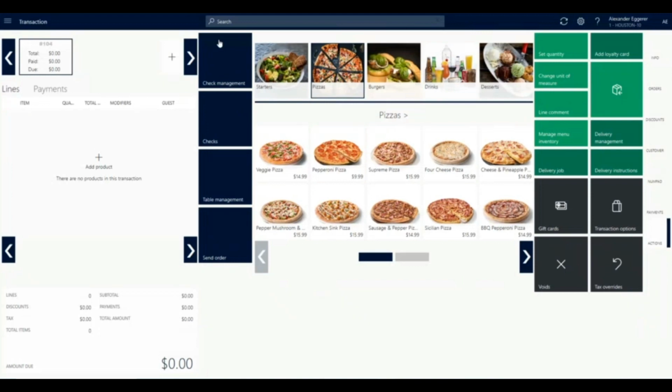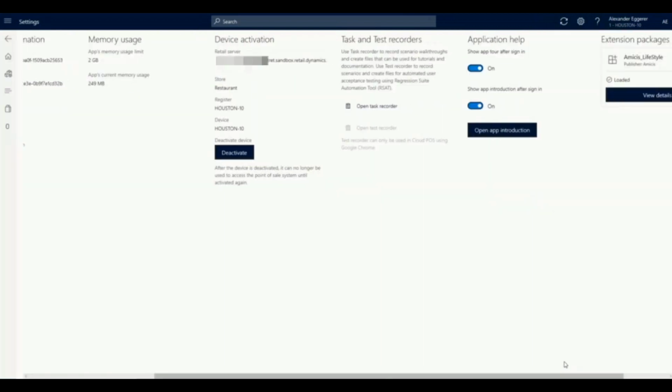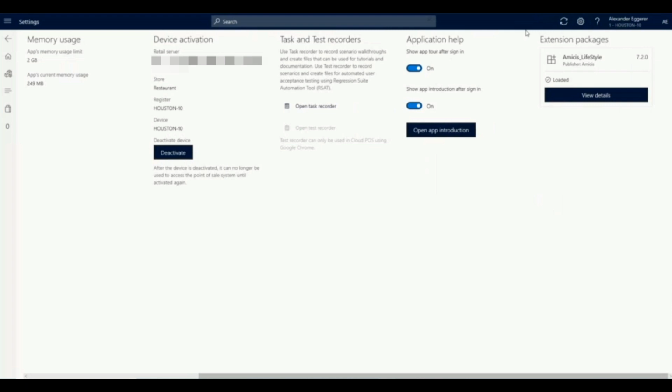So straight away, here I've logged into, now I'm going to present the point of sale experience. So I've logged into the point of sale. So this is the MPOS, the modern POS. And just to show you in the settings, we have loaded in our